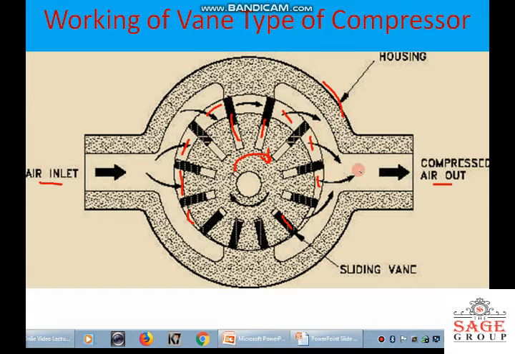But when the air will reach here in this section, the compressed air or the air from the receiver will come back here, and this air will mix with the air handled by these vanes or this portion, and when this pressure is more than the receiver pressure, then air will pass through this section. So in case of the vane type of compressor, the compression takes place first by the isentropic compression, which occurs between this space, and then the backflow of the air will cause the irreversible mixing as well as the constant volume compression.